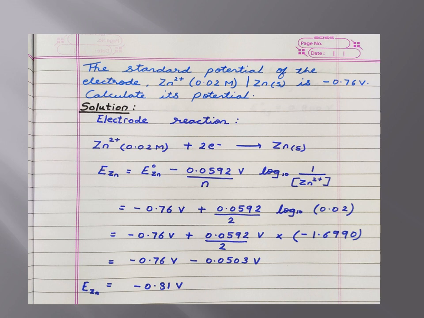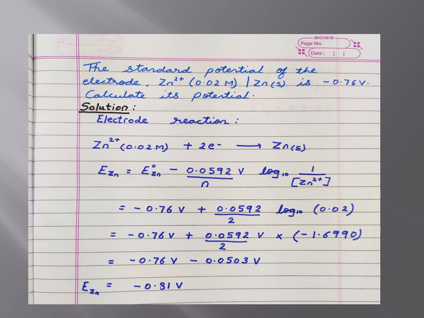So let us come towards the solution. Substituting the values, E0Zn is equal to minus 0.76 volt plus. Now students, initially it was minus, now it has become plus. Why is it so? Because in the second step, it is log 10 of 1 upon the concentration of zinc ion. But as this concentration was in the denominator, now in this step we have taken it into the numerator. So when this is the case, the minus sign will change into the positive sign.